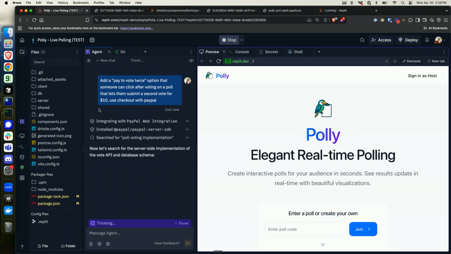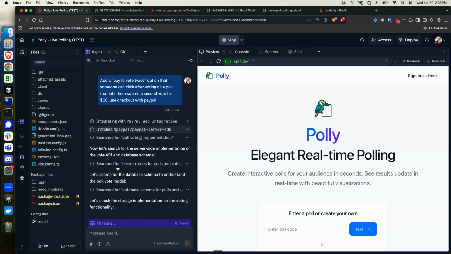Every time that the agent does a unit of work, it's doing a Git commit. All the database versioning that we're doing is tied into those Git commits as well. So we find this a really good all-in-one tool for just what Andrej Karpathy said of giving into the vibes of not having to think about the code yourself, and it just handles it all for you. So I'm going to let this continue going and show you what this looks like at the very end.